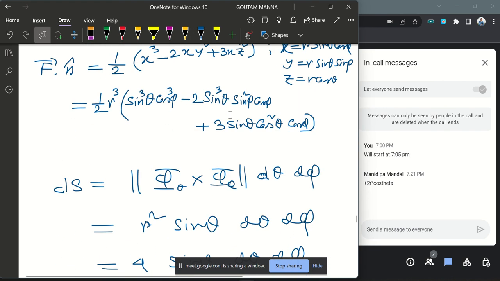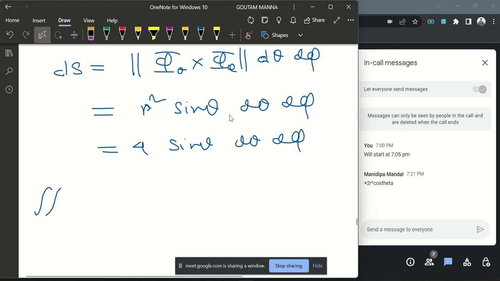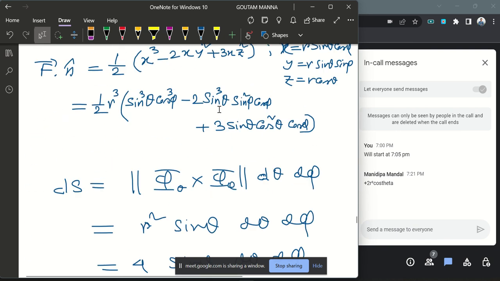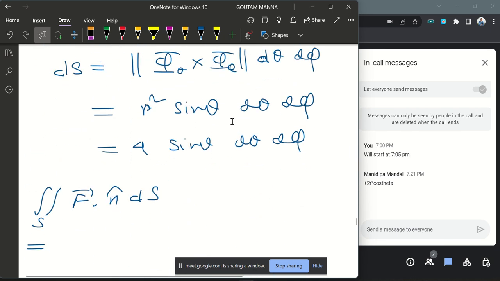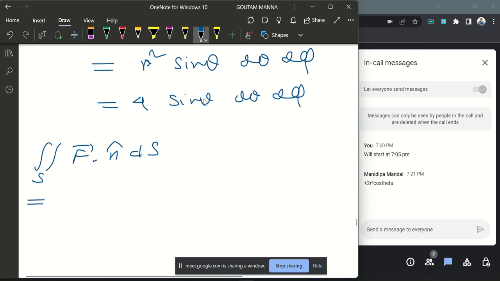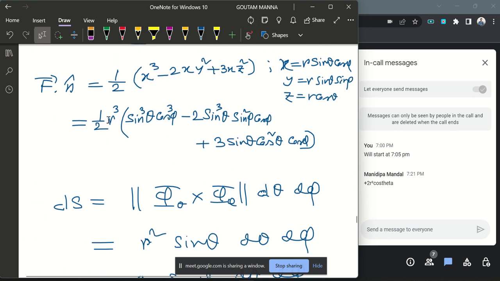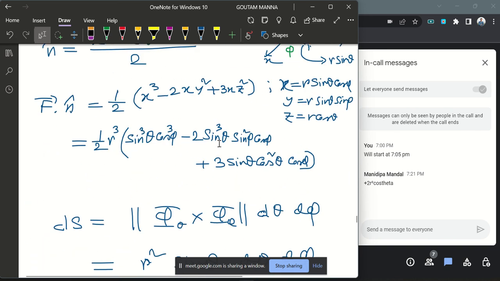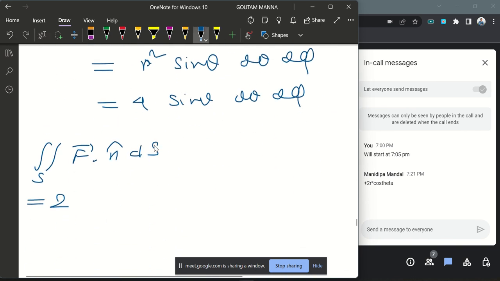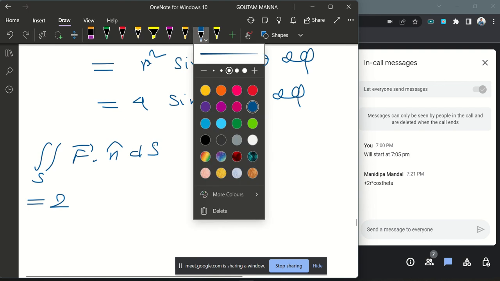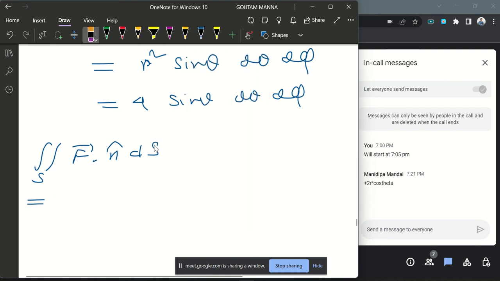So the surface integration will look like, f dot n ds equals to, so f dot n, there is a half here and in the ds there is a 4, so we can put 2 outside, and there is r cube. So r is 2, so r cube is 8, so that means 2 times 8 is 16. So let's put 16 here,